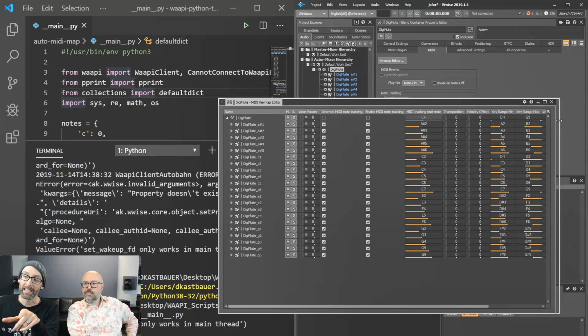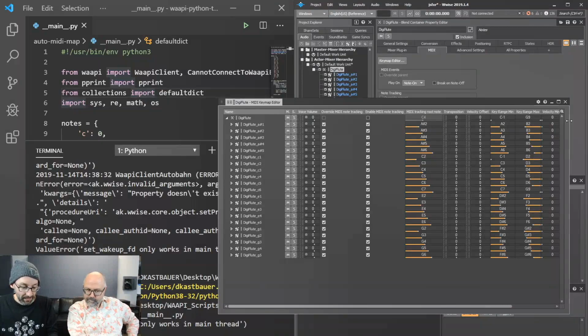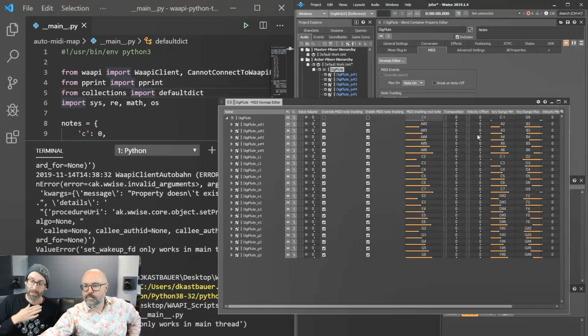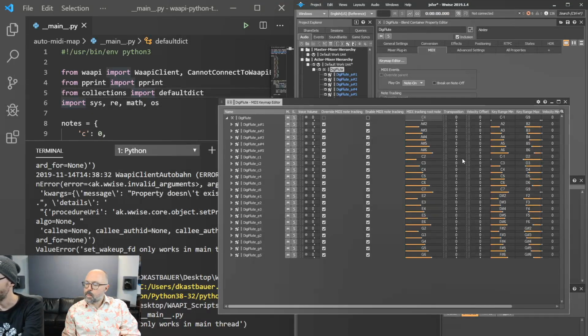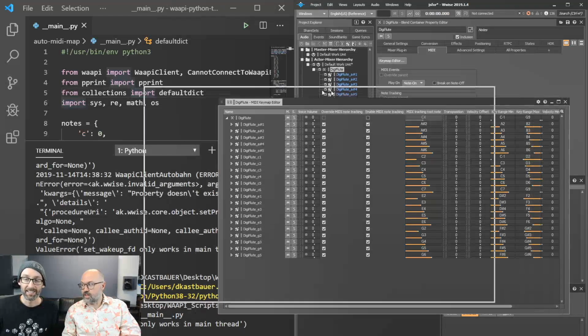Perfect. Because after it builds this MIDI key map, it actually sends property values. So all of these columns here are properties in Wwise. And from the WAAPI point of view, they're all the same. Just property, and a property is just a name and a value on a specific object. Gotcha. So it worked, and it worked, right? But I think we still have an issue. Oh, yes, we have a keyboard. So we could try to test this. I think we should. Yeah.